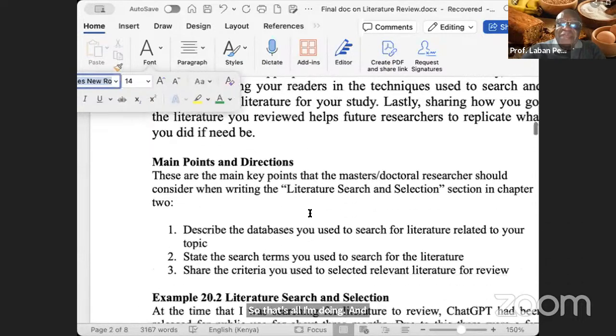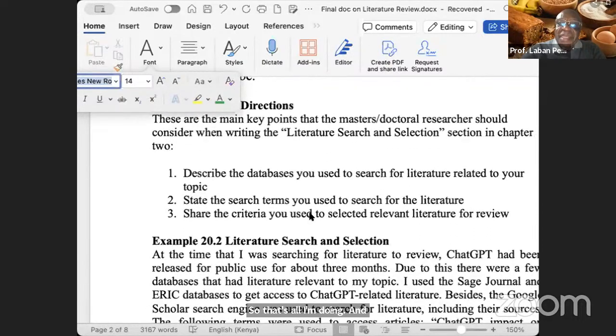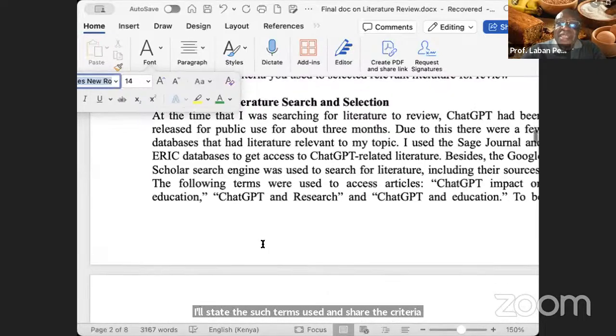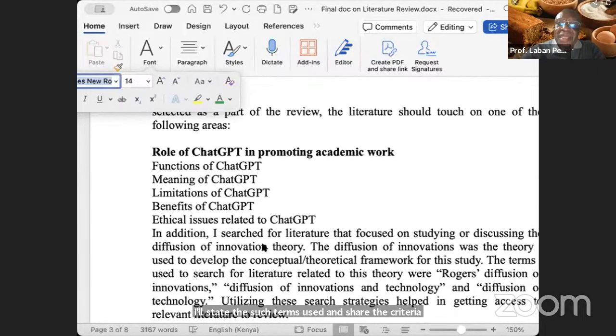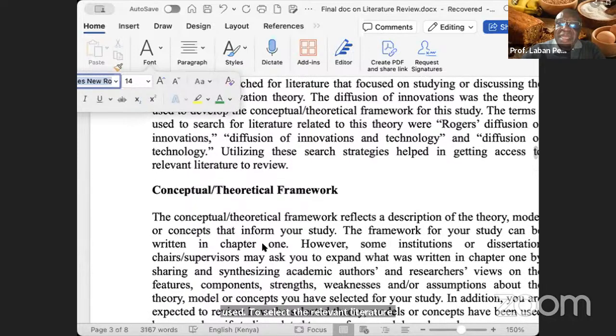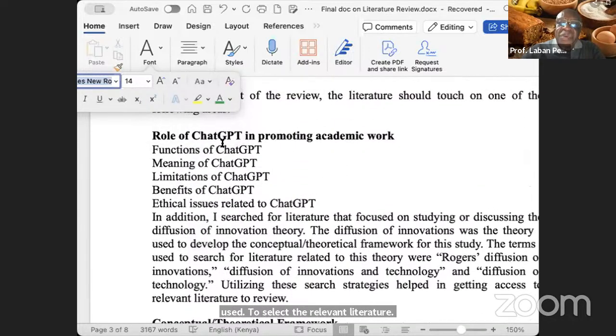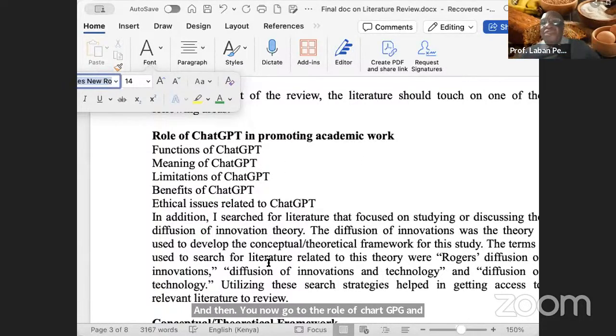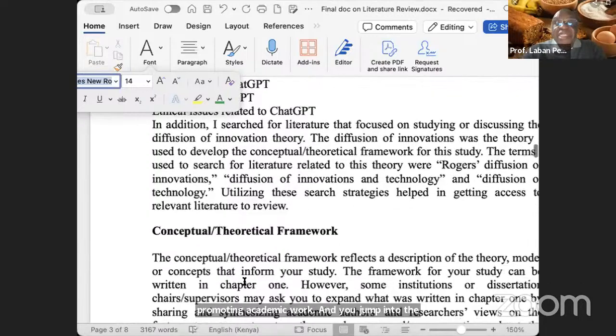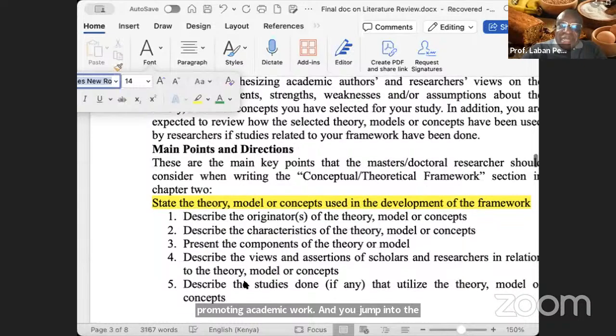And after I've done the search, I will describe the databases used, I'll state the search terms used, I'll share the criteria used to select the relevant literature. And then you now go to the role of ChatGPT in promoting academic work, and you jump into the conceptual and theoretical framework, which you then describe. Then after that,